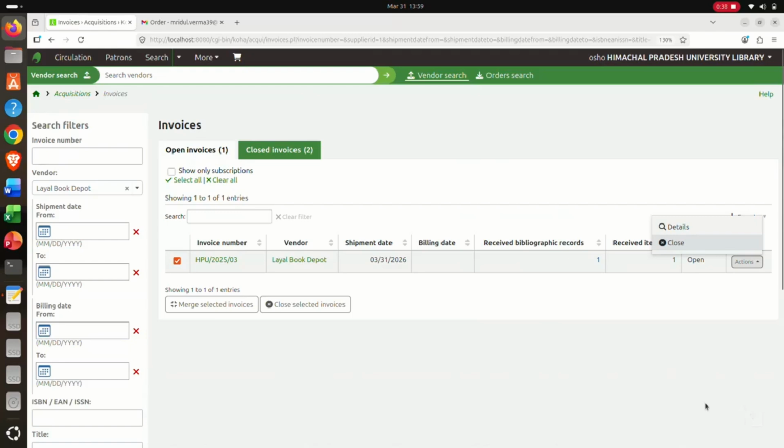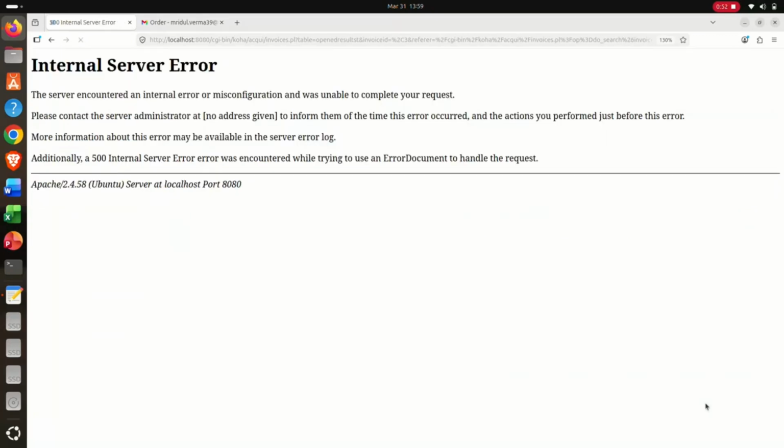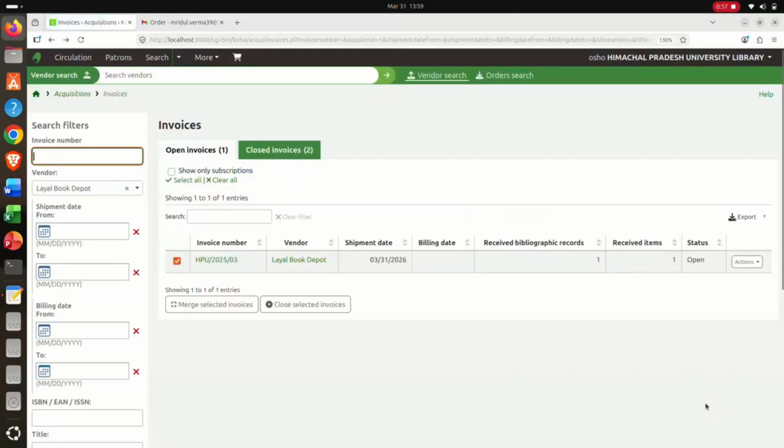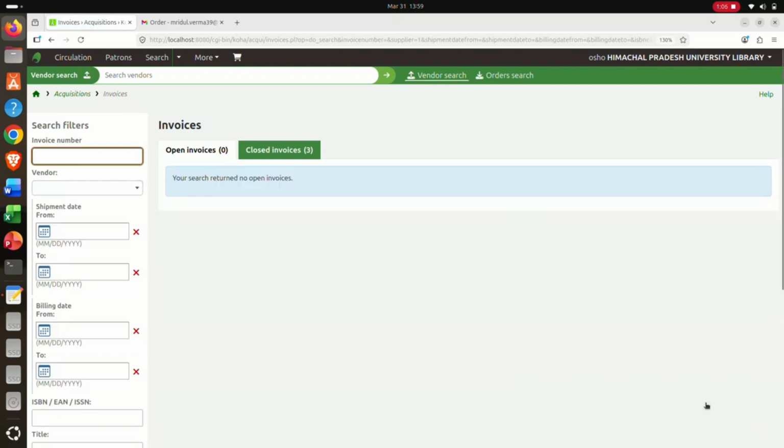We can either close it from the right hand side, or we have this option, close selected invoices. So I'll just click on close selected invoices. It has shown an internal server error, so we will go back and we will close it from here. Now the invoice has been closed,